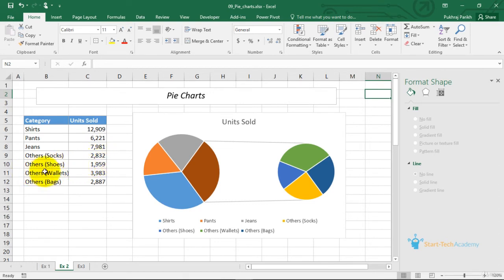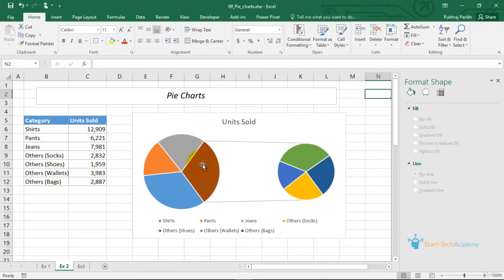If I create a single pie chart of all 7 of these, the pie chart will be very cluttered. And I also want to emphasize that the last 4 are not a separate product for us. We consider them as a single others product. It has just 4 subcategories to it. In that case, I can plot a first pie chart which will have 4 products: shirts, pants, jeans and others.